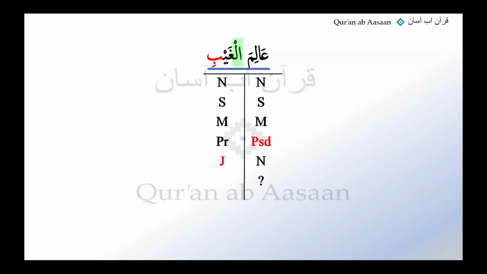Look back. So possessor. And how do we translate it? The alim of the ghaib. Simple. But alim, what is alim? Ilm, what is ilm? Knowledge, yeah? So alim is the one who has the knowledge, the knower. The knower, and what is ghaib? Unseen, okay? The knower of the unseen. Allah subhanahu wa ta'ala is alim al-ghaib. He is the knower of the unseen.